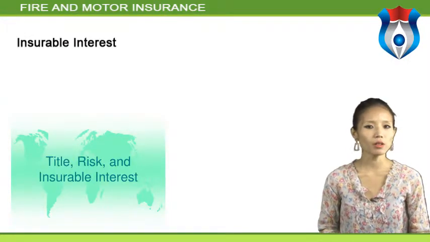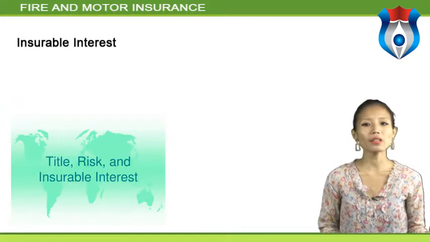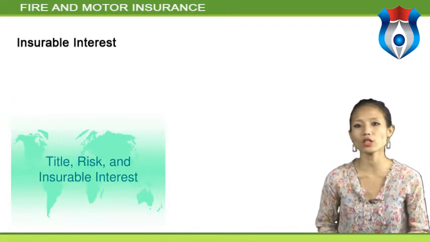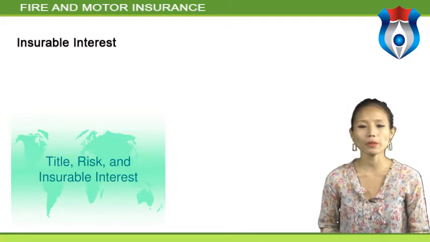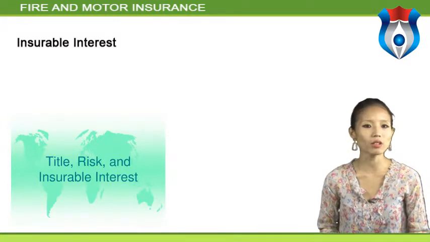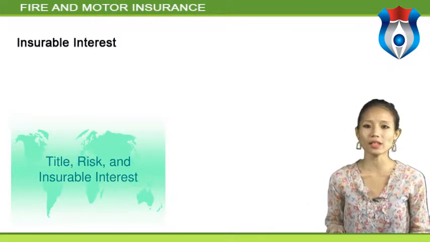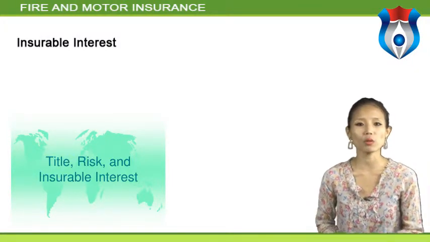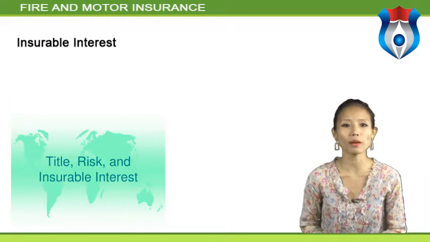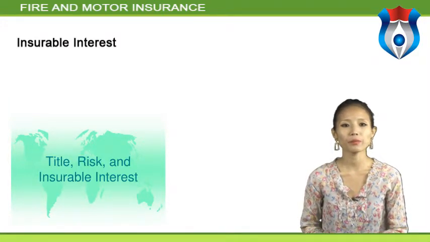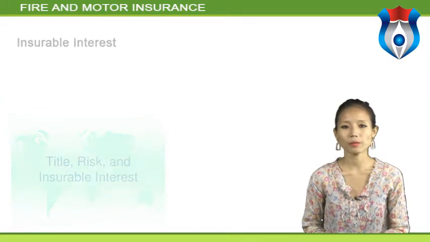Insurable interest. The fire insurance will be valid only if the person who is insuring the property is the owner or having insurable interest in that property. Such interest must exist at the time when loss occurs. It is well known that insurable interest exists not only with the ownership but also as a tenant or bailee or financier. Banks can also have the insurable interest.